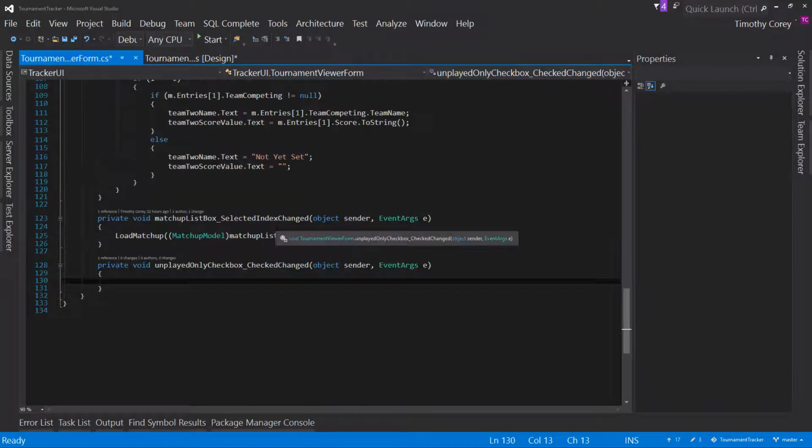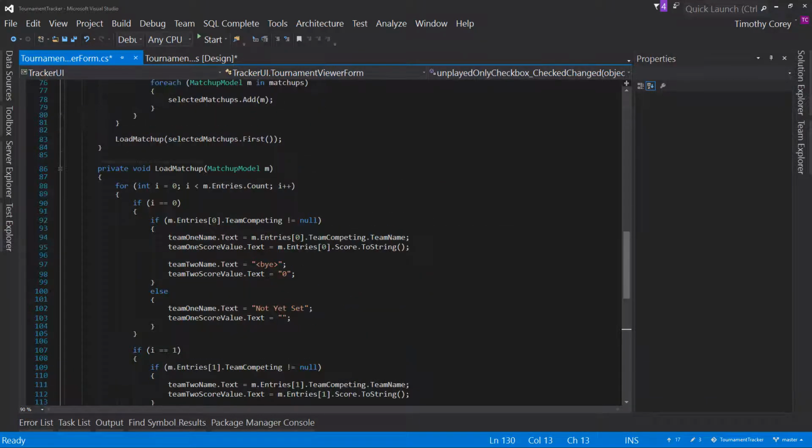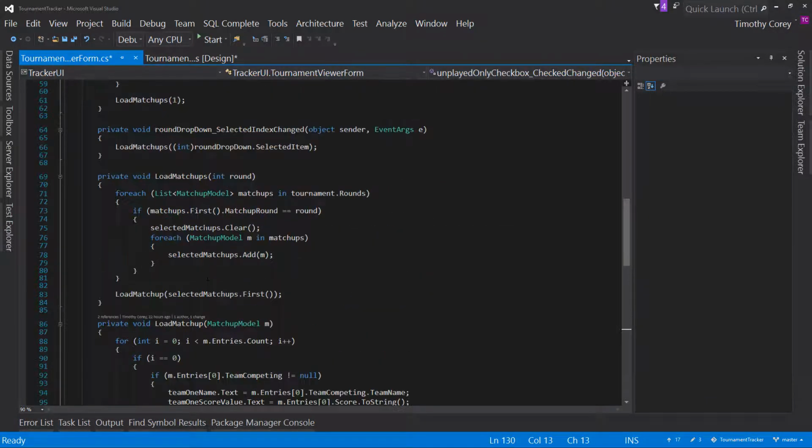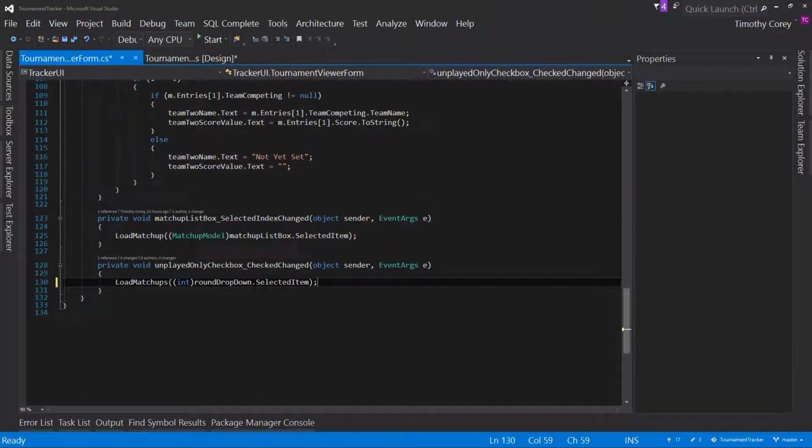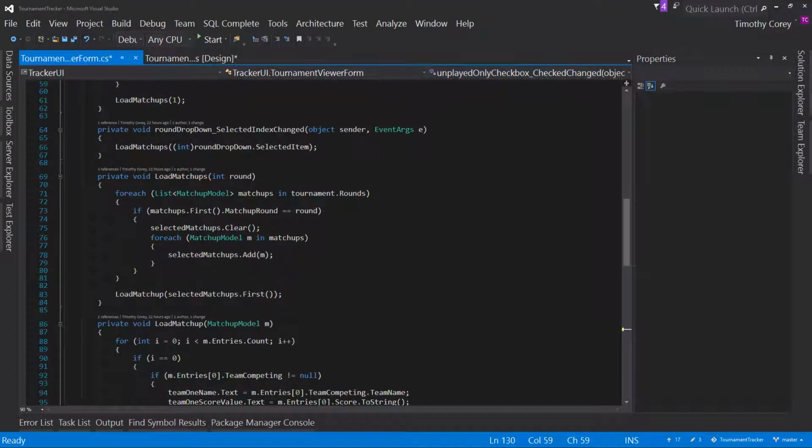Now we already have something to fill that list. We have load matchups. So you already have that. So let's just call this yet again. We'll actually use this load matchups with the selected drop-down item. Let's call that again right here in the unplayed only checkbox, check changed. Now it doesn't do anything yet, but let's modify this load matchups to first look to see if that is